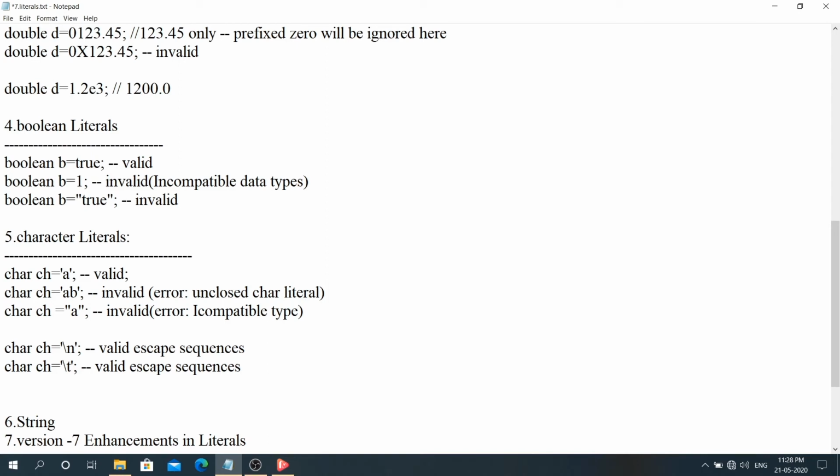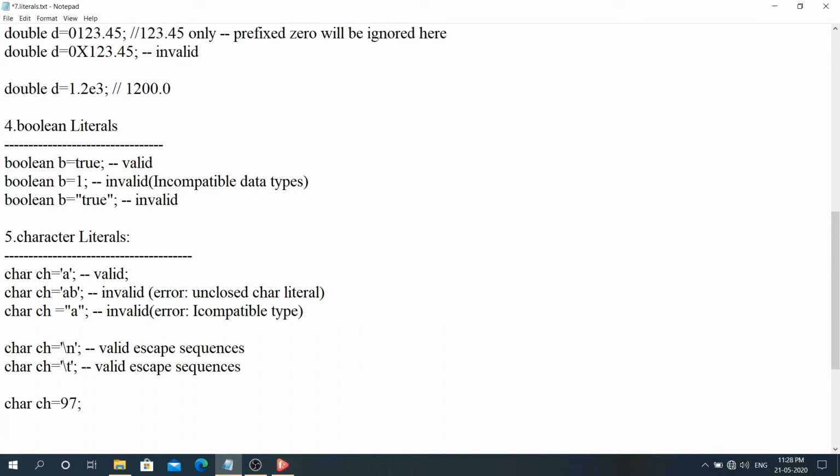Okay, and you can represent a char literal as an integral also. The integral represents the Unicode code. char ch is equal to 97 I have taken.